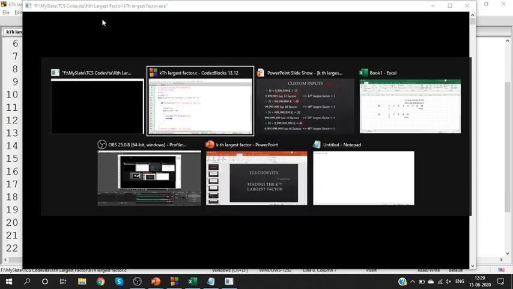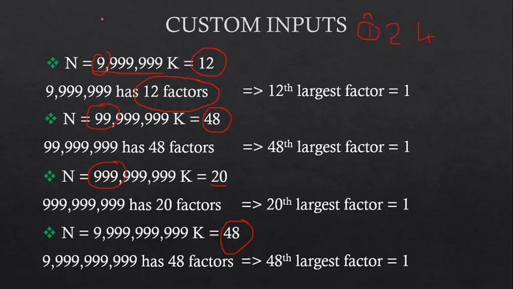But since our input size is huge, I need the input as 10 nines. Since the input size is huge, it keeps executing. Even as I continue talking, the program is still executing. See, I already told you, if you have seen the previous session, you would have known this. If you have problems like this, in an online compiler, it will not work at all. What will an online compiler say?